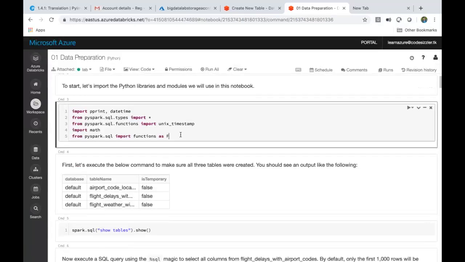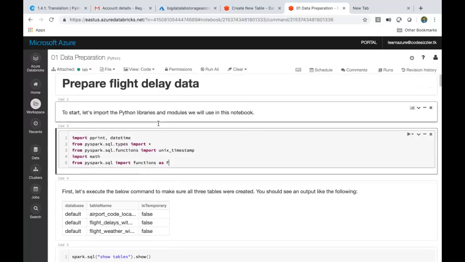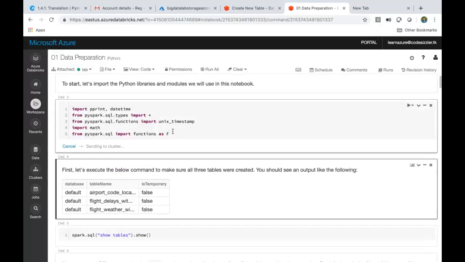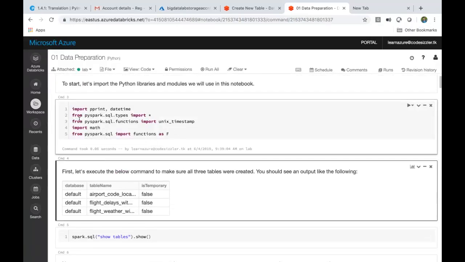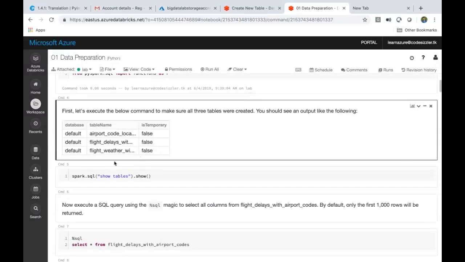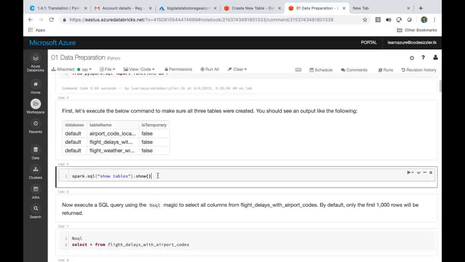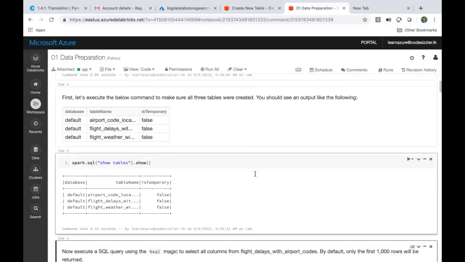Now what we are doing is the data scientist role. Okay, let's assume that we are a data scientist, and we'll do this. Now attach my lab here, and I'll say execute this code. It is taking a little time to execute. So I have imported all the required libraries here. And now I want to see what all tables we have inside the default schema of the database. So I'll say show tables. It'll tell me what all are there inside.